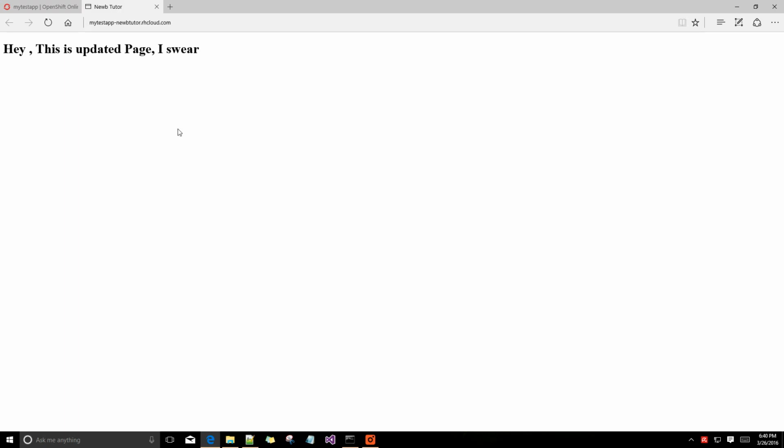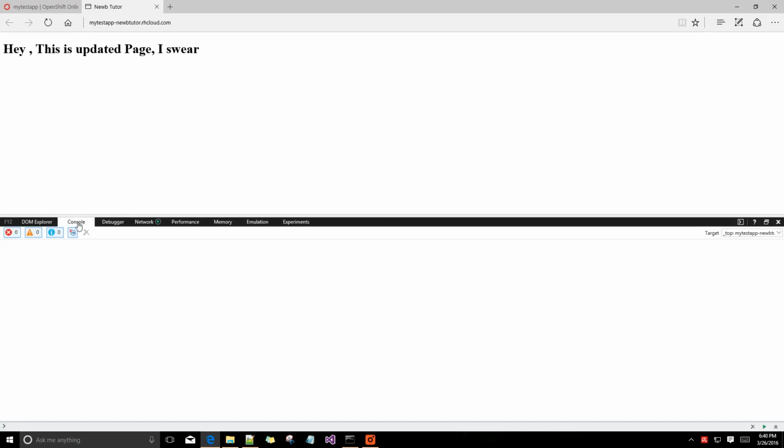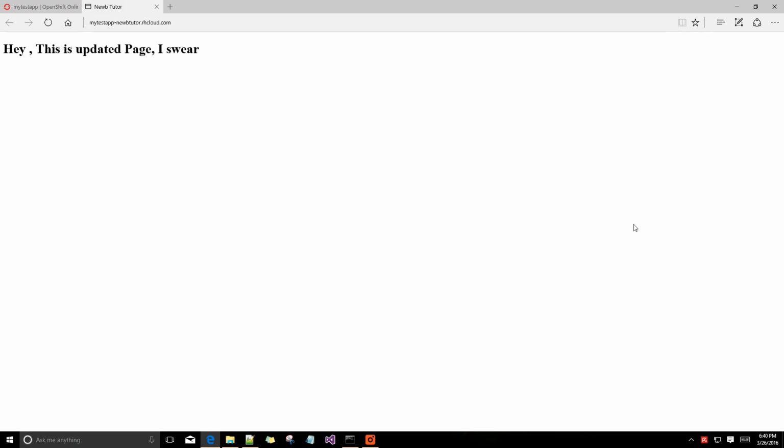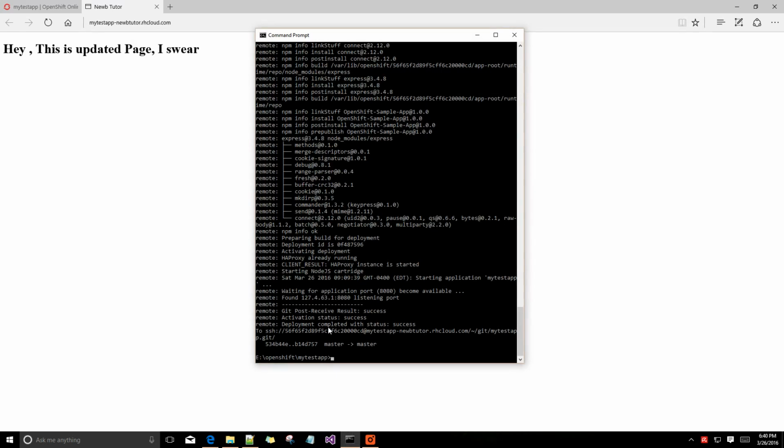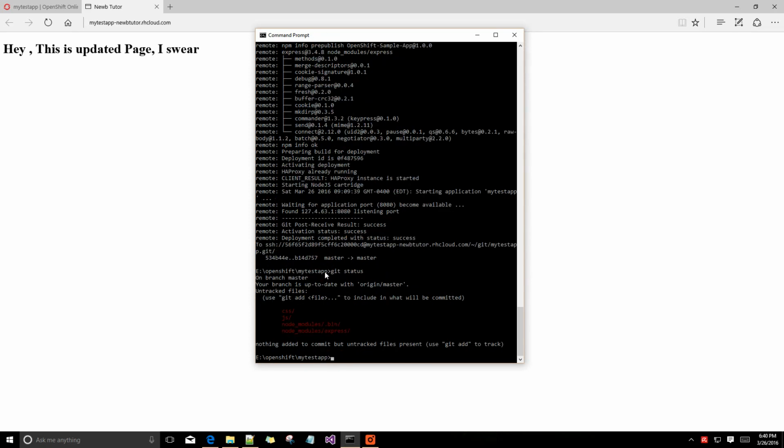Oh wait, something is wrong, right? Why is it not black? Wait, let's check what git status says. Oh wait, I forgot to add the CSS and JS folders. So sorry for that. I need to do git add css.